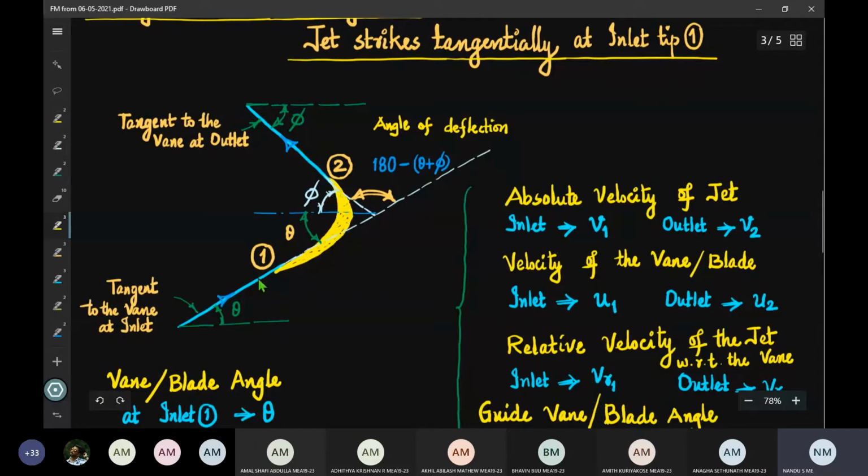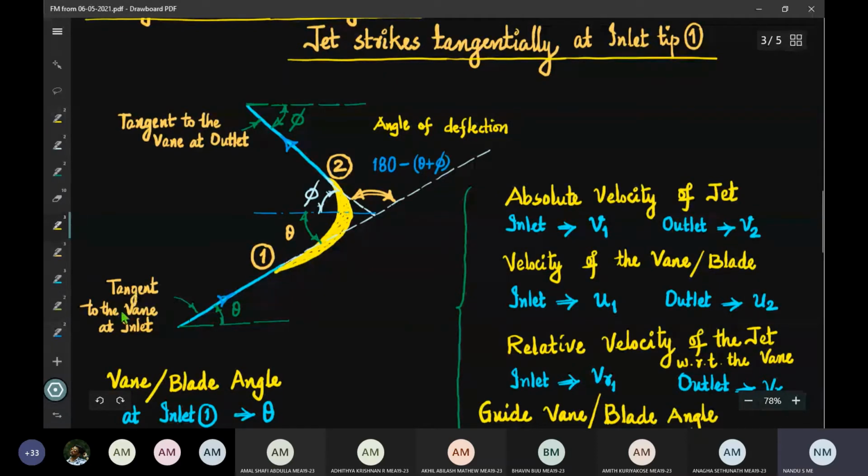See, this is an unsymmetrical vane, and the vane tip angle at let's say tip 1 and tip 2 I have marked like this, because now the water is not striking at the center, and this doesn't have an axis of symmetry. In fact, the horizontal line shown over here is not the axis of symmetry, that is only a reference for marking the angles. So at tip 1, remember this is a section of the unsymmetrical vane, you draw a tangent. See, this is the tangent.